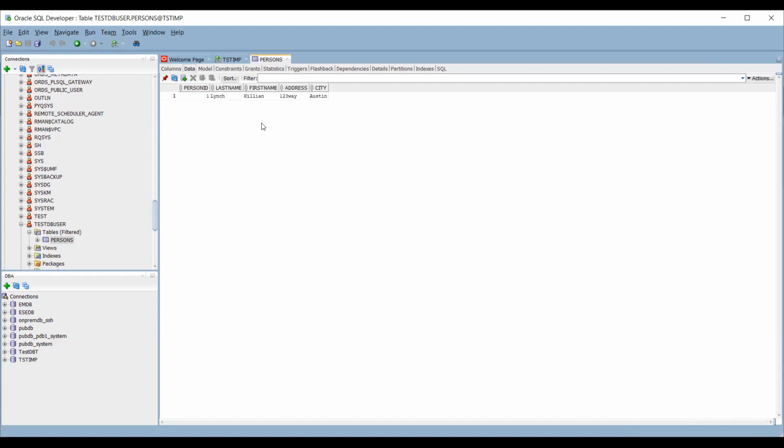Here, you'll be able to see that this table has only a simple one-row record in it. So this is what we'll be exporting using DataPump. Straight away, what we do is go to our testDB instance, DBA tab here, and then